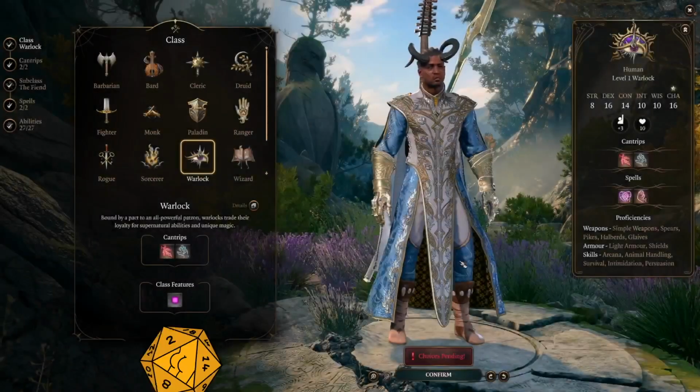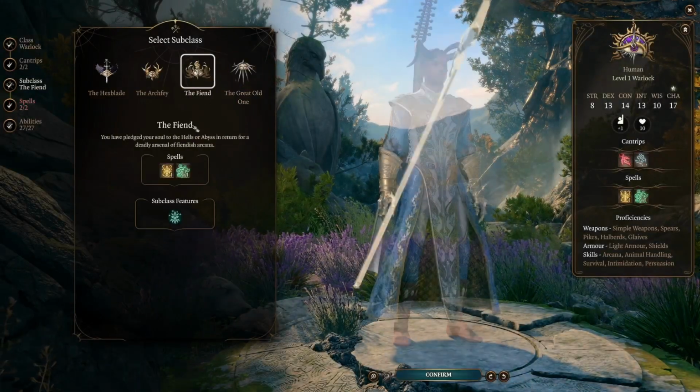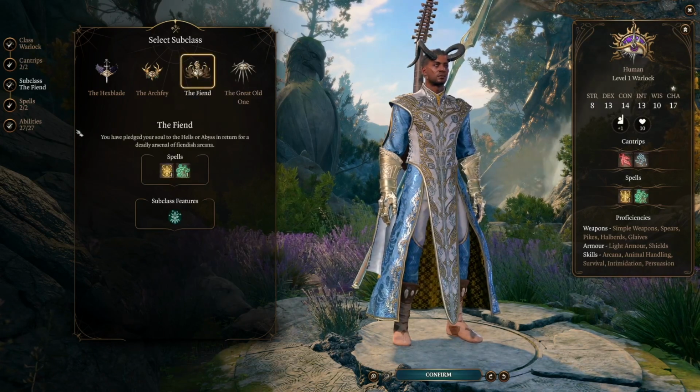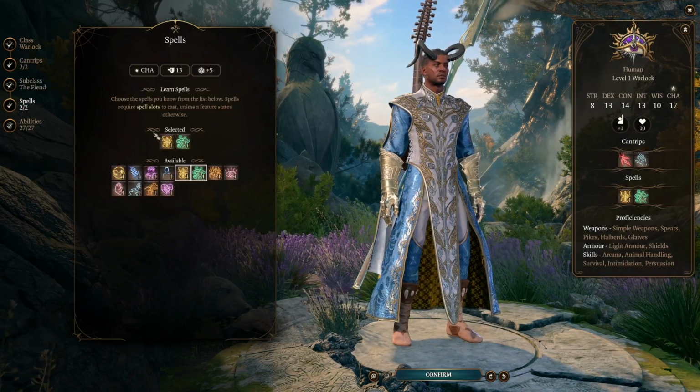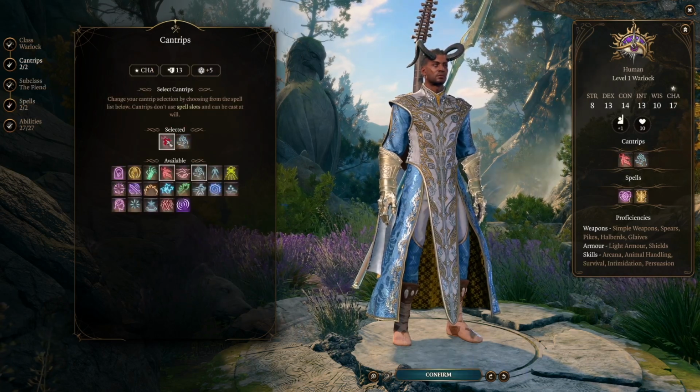First level I took was Warlock. I stuck with Fiend mostly because of the spell choice. The spell choice from the Fiend is far better than the others if you ask me. Personally, I think the Fey Patron has the best skill, but Fiend comes with Command and later on Fireball, so